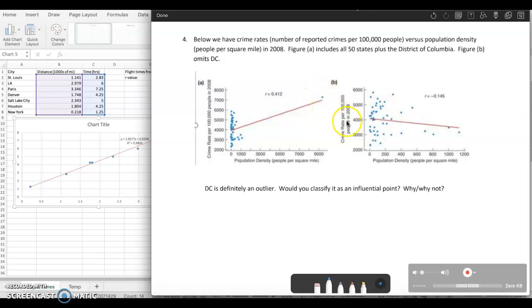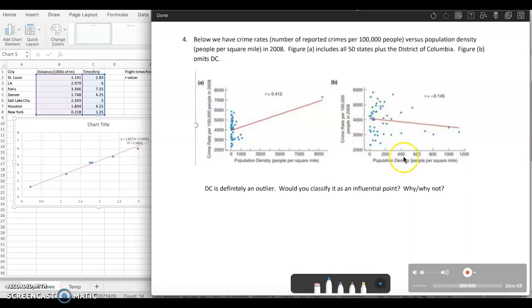So they deleted this point and recalculated. When they recalculated, they were able to stretch these axes out longer and count by something much smaller in increments, because they didn't have to try to get all the way to this very high value. So they stretched it out. This is what all those points look like magnified, basically. And look what happened. The R value is now negative 0.145. So it still seems like it's a very poor estimation.